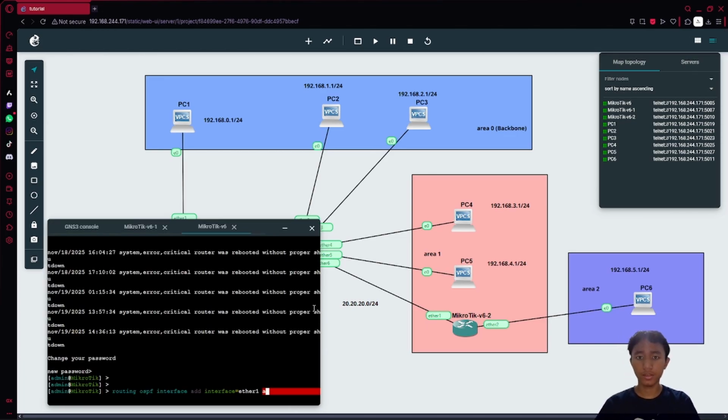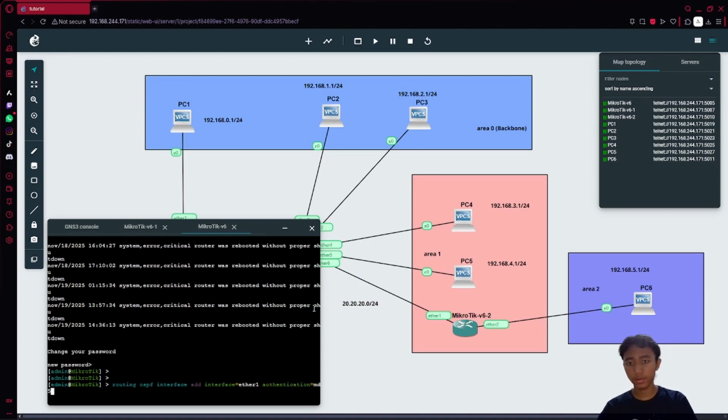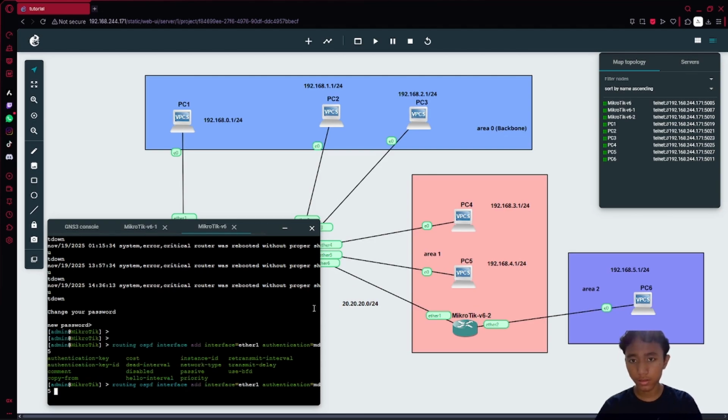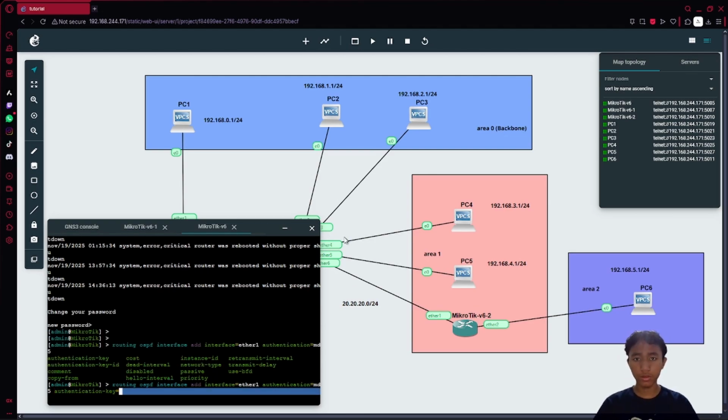And for the authentication we use MD5 again, and for the authentication key we use OSPF auth.